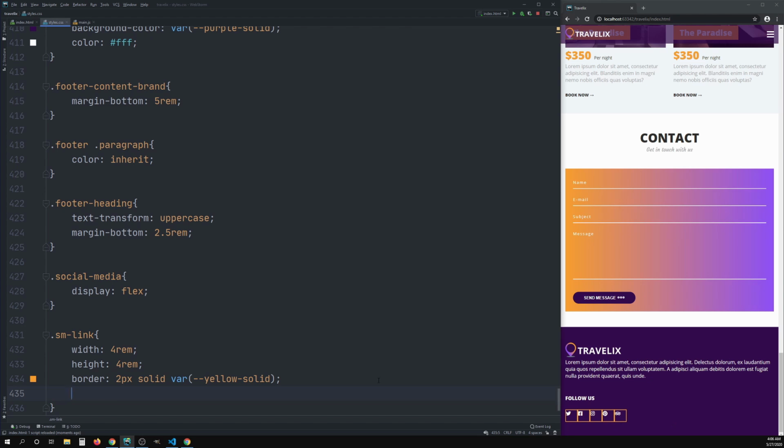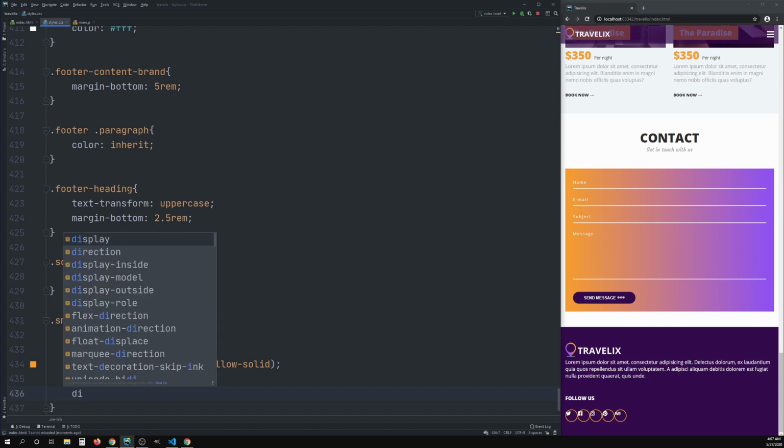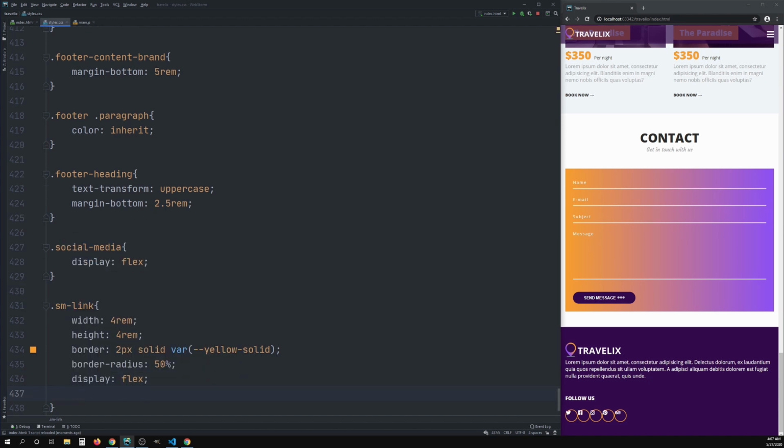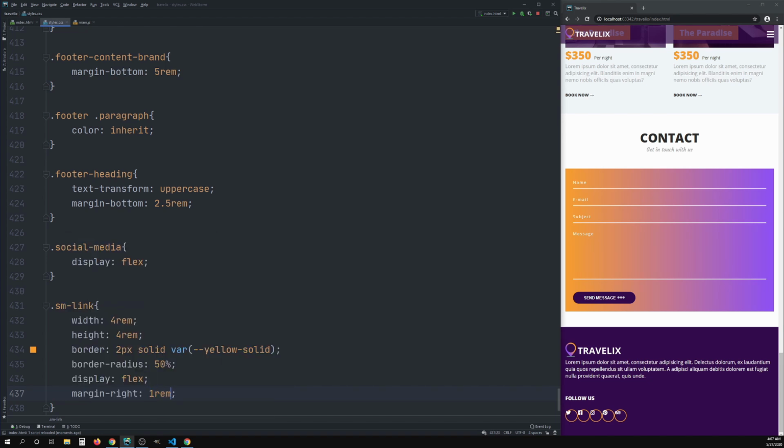just like so. What we are going to be doing now is applying a border radius of 50% just so that it makes it round. Then I'm going to say that the display will be a flex. But we're not going to use align items or justify content to align them. That's because we can do it in one line later on by selecting the icon itself and giving it a margin of auto. But let me just add a margin right to create a bit of separation, and for that I'll do 1